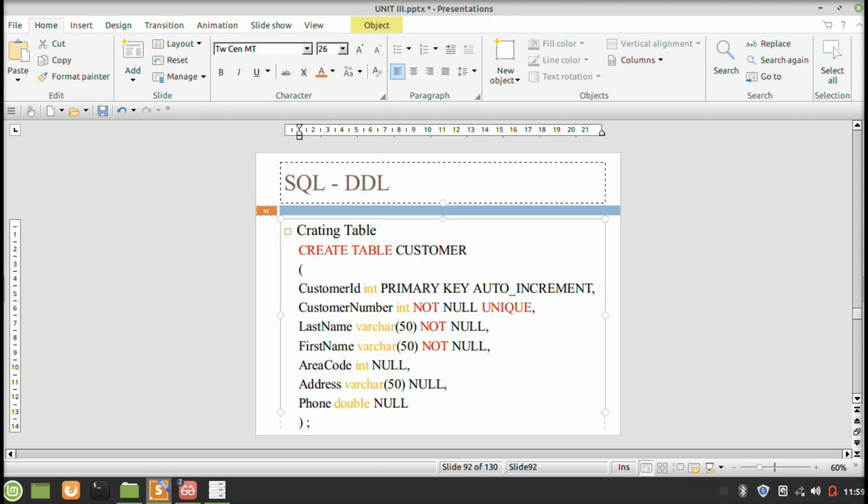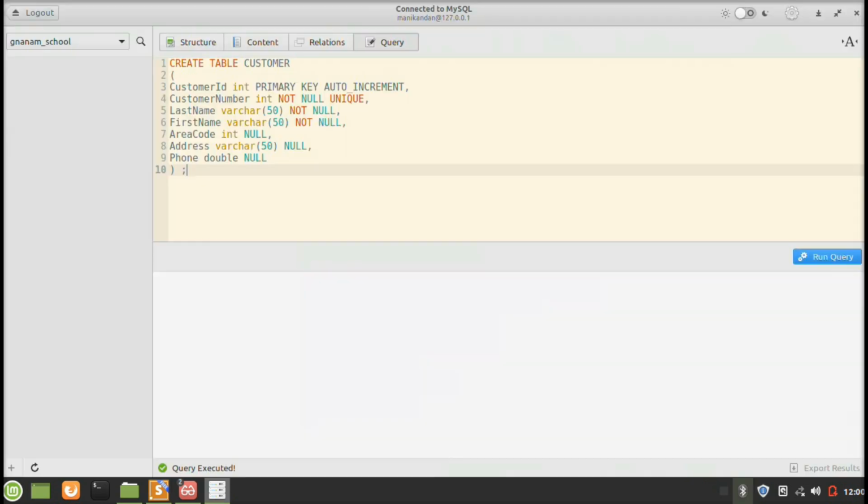Area code is an integer. Address is a variable character with the length of 50. Phone number is the double data type. All these three can be null values. By executing this, the database management system will create a customer table with all these fields in the database we selected.